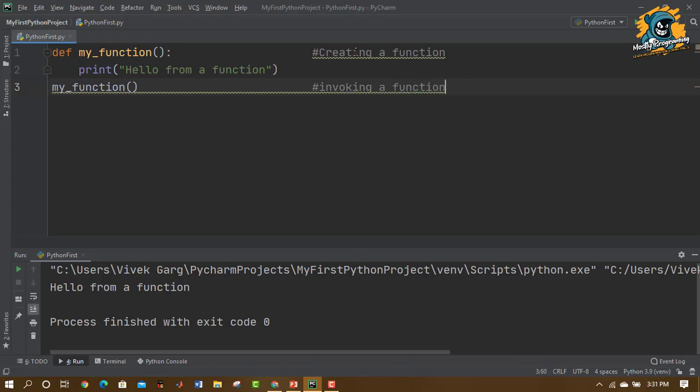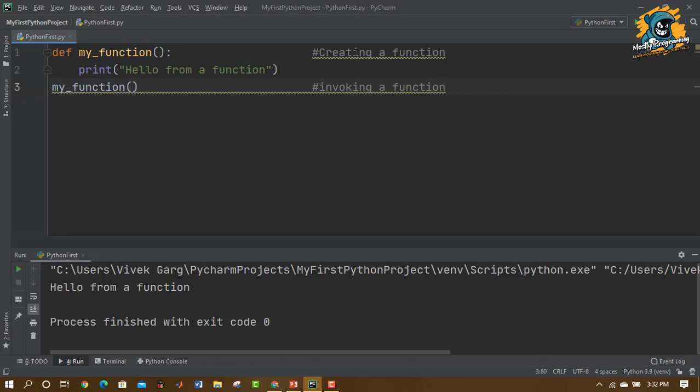Now the major question that arises here is, what is the need of a function? Suppose we need to write the same code again and again in a program. For example, if I want to add 10 numbers, I need to write the same addition code again and again in the program, which is tiring and time consuming and memory consuming, right? So functions come there as a rescue. What we can instead do is write the main code for addition a single time, and then we can simply call the function whenever it is needed.